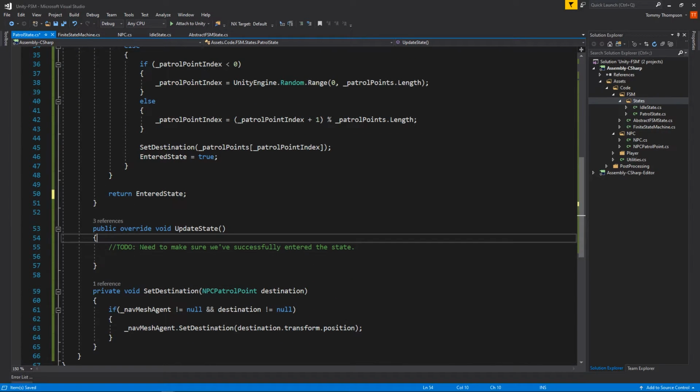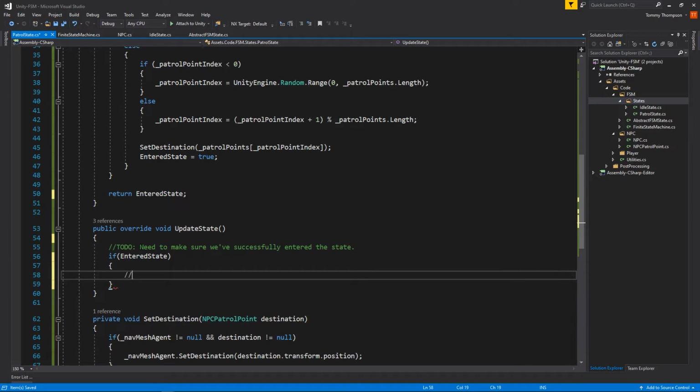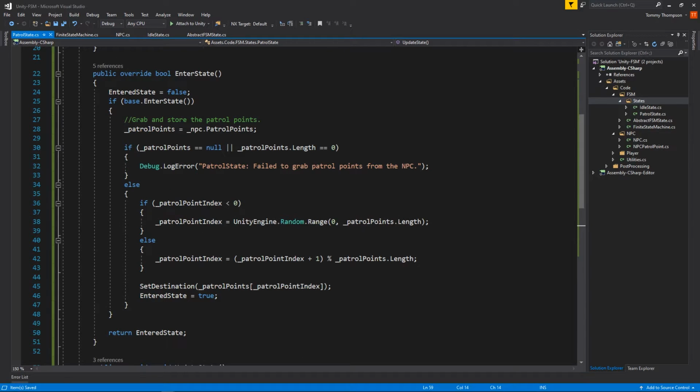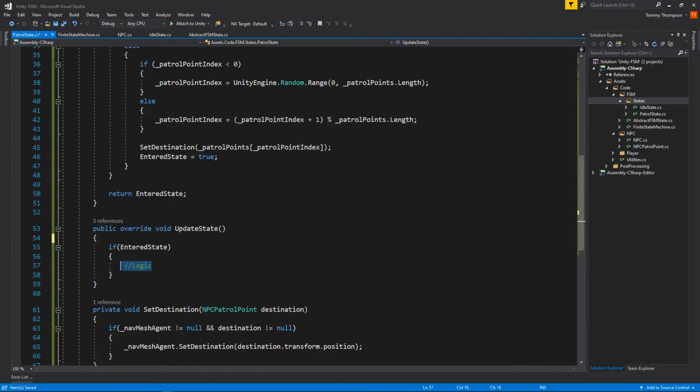So then when I'm in the update state, what I can do is I can say, well, if entered state, we're going to put some logic in here, but if it didn't do it, then I don't have to care about it. So if we tried to enter into this state in the state machine and it didn't successfully enter it because there was some sort of problem up here, then I know for a fact this logic isn't going to execute. Okay, so let's do this, and then I'm going to say if